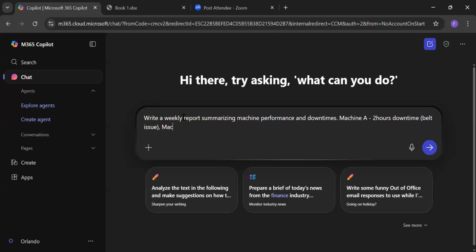Machine B was off for 4 hours because of overheats.